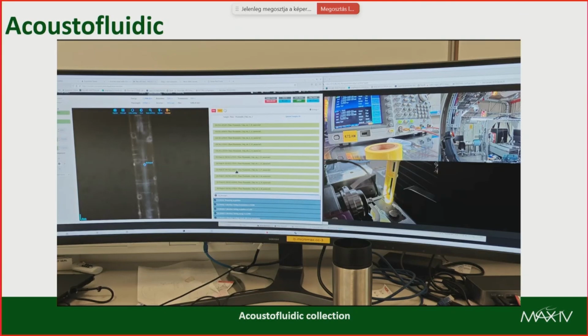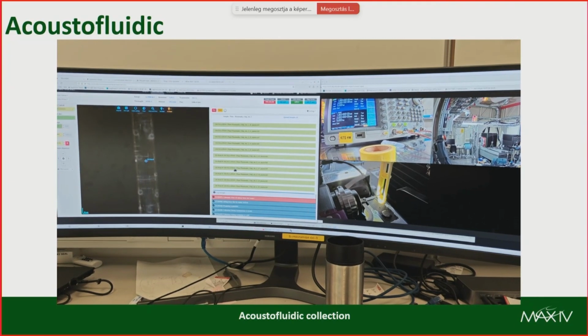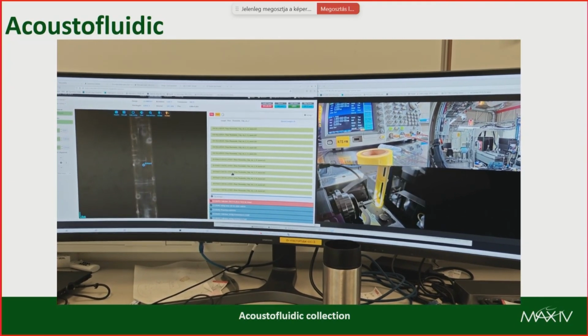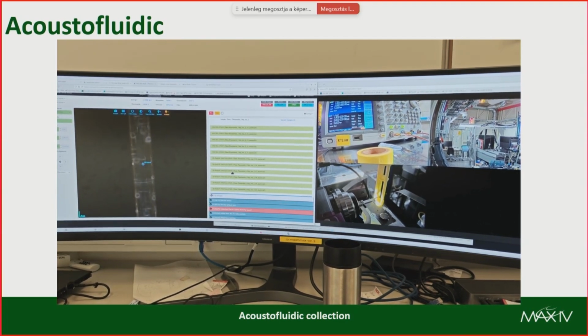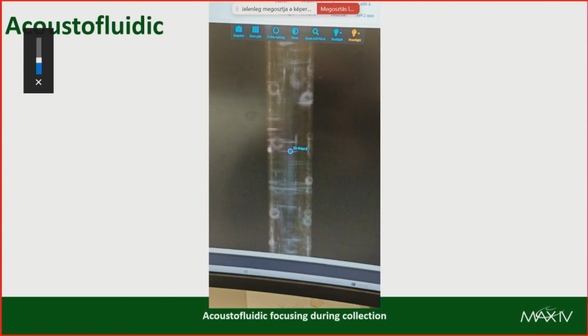This is how the data collection looks when we start. You can see slightly here how the focusing is looking, and then the sample is here, the detector gets activated, then we can do data collection, and no sound. And just to focus on that, you can see how a sample is directly focused in the center of the